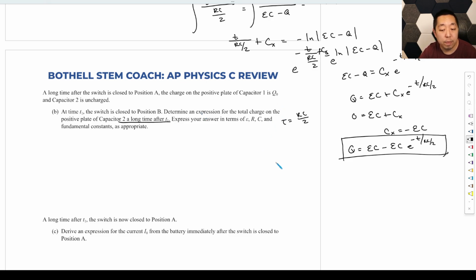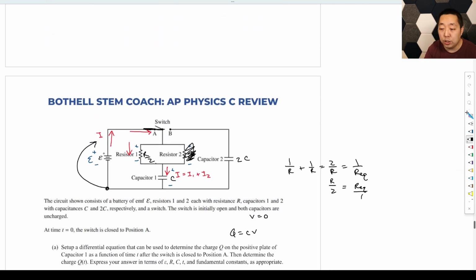So we have a charge Q0. Okay, so what is Q0, by the way? Because we're going to put our answer in terms of this. That is, if you wait a long time, as t goes to infinity, this is going to vanish to 0. We're just going to have epsilon C as our initial charge. Okay, so we're going to have an initial charge epsilon C, and then what's going to happen